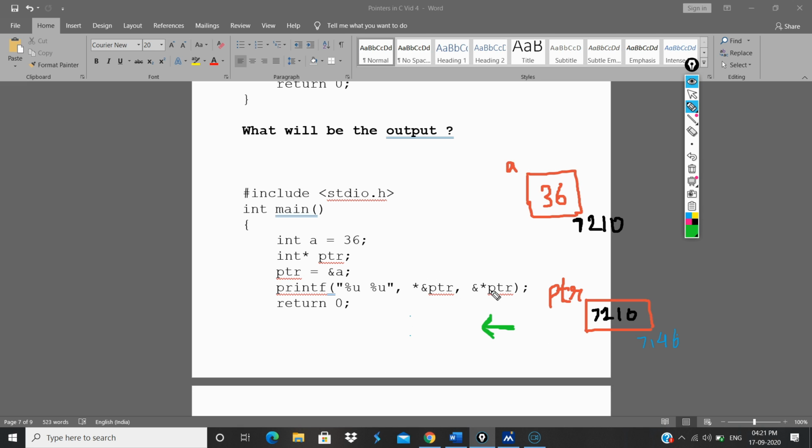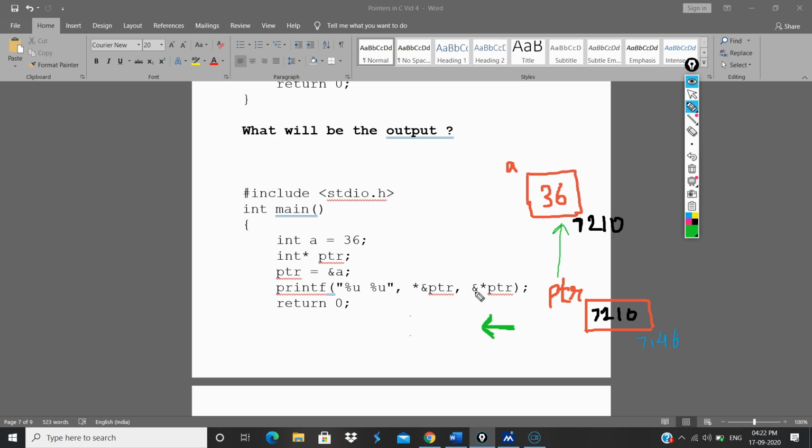Star PTR means it is referring to this location. Star PTR means what? Value at address of. You remember that part? PTR contains 7210, so star means value at address of 7210. What is the value at address 7210? This one.